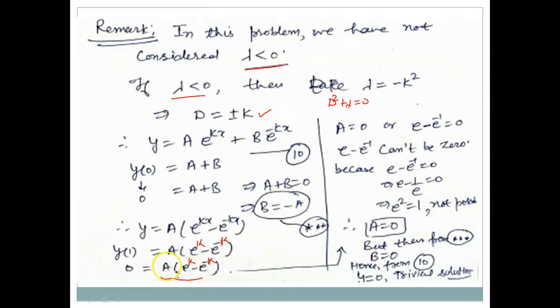If you consider a equal to 0, then what happens? If a equal to 0, then from equation triple star, b is also 0. When you put a and b both equal to 0 here, we get again the trivial solution. But again, I repeat that we cannot afford a trivial solution here, otherwise lambda will not be the eigenvalue. So we will talk about the second case, that we take the term in the bracket equal to 0.